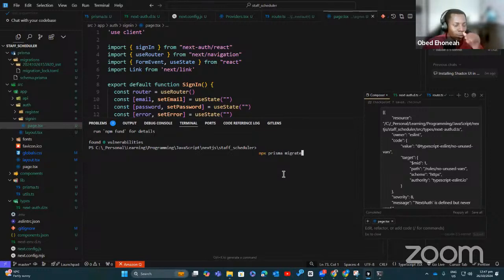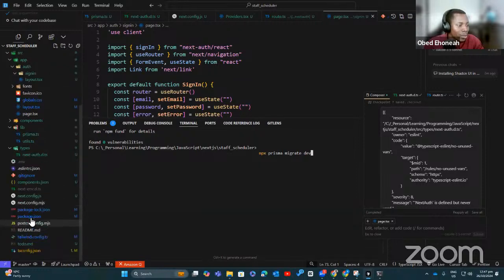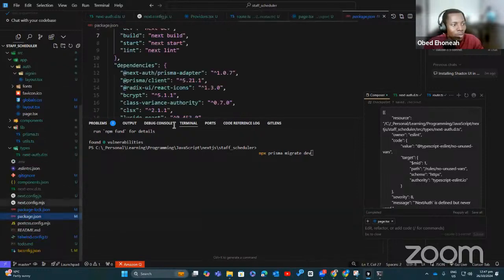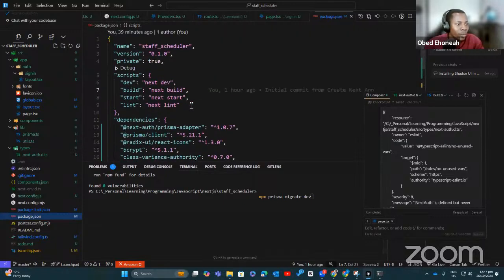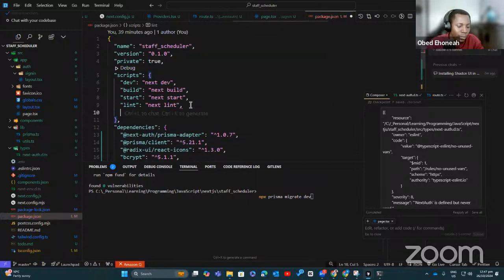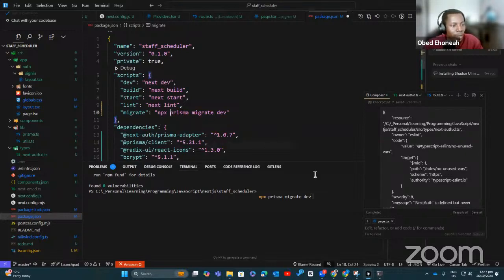For me, I usually prefer adding my own script to the package.json, so instead of writing this command every time, I'll add a script for migrate. You need to add the npx as well, because that's the actual command.